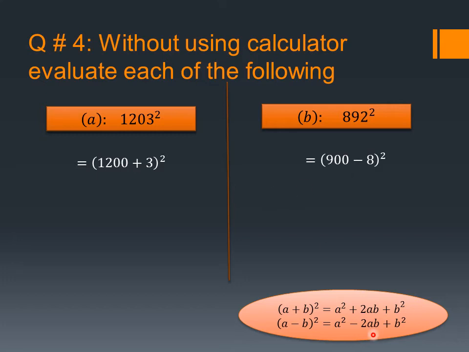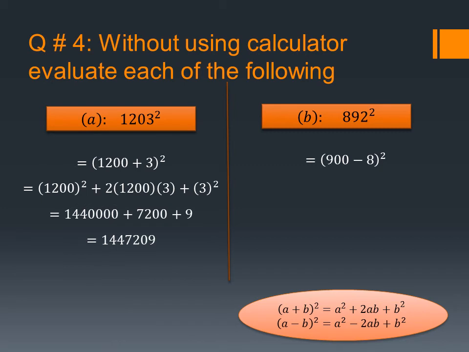We will change the question to the right side of the formula. First I will solve this part, part A. Instead of writing A, we have written 1200 plus 2 into 1200 into 3 plus 3 square. As these all are digits, no variable is involved, so they are addable or subtractable. So taking the square of 1200 is this, multiplying the brackets, and taking the square of 3 is 9. We will add all those digits because we are not having any variable here. They are like terms, and like terms can be added or subtracted.